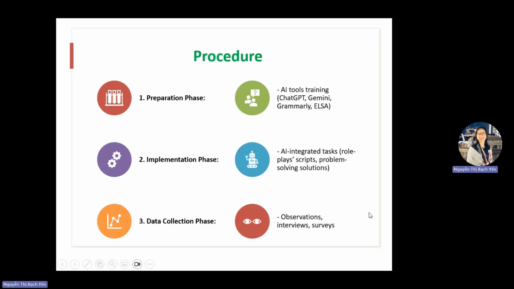I have 3 phases. The first one, a preparation phase. It means I will guide my students to use AI tools. For example, ChatGPT, Gemini, Grammarly, Elsa. Okay, and after training, after guiding my students in the ways to use these AI tools, I move to the implementation